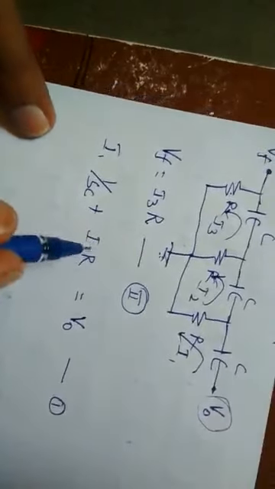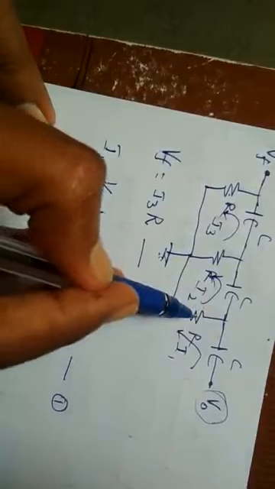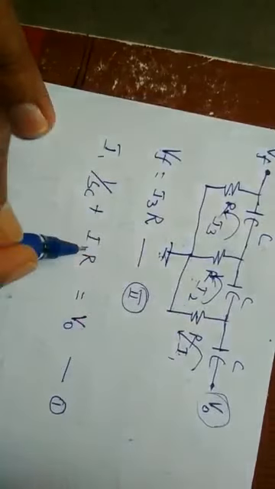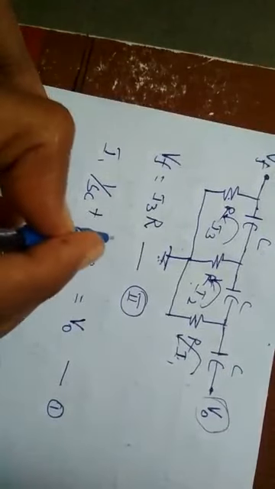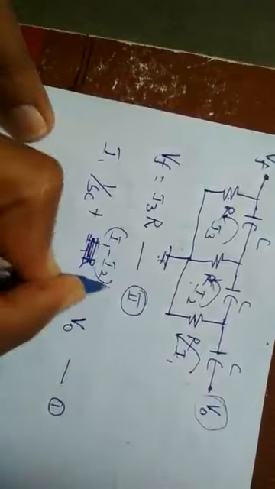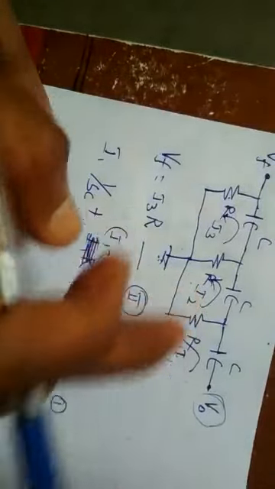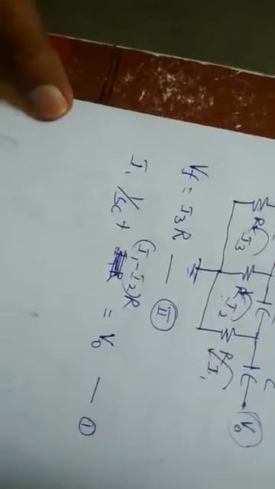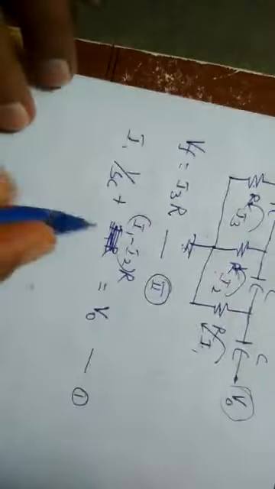Sorry, this is 1 by SC, and this resistor is common for I1 and I2. So instead of I1 into R, you have I1 minus I2 into R. This resistor is common, which shares the currents I1 and I2, so both the currents are flowing through this resistor. So we have to write this